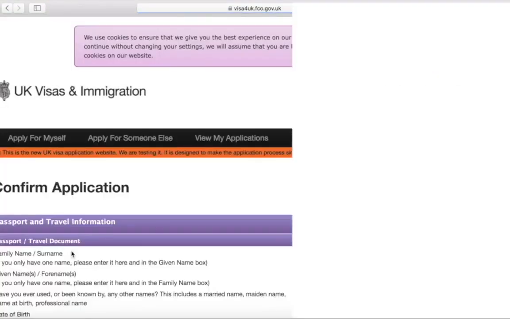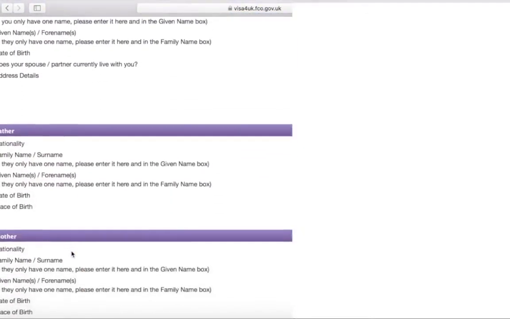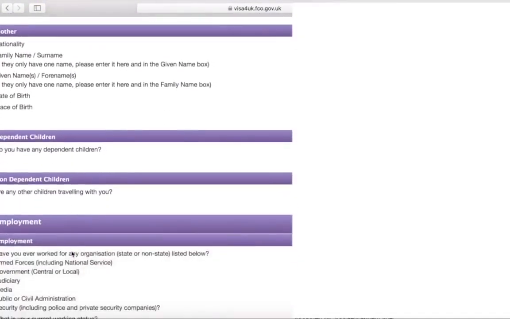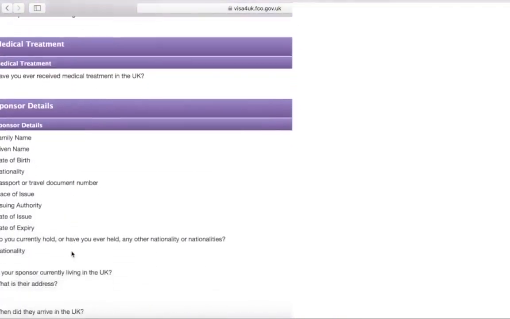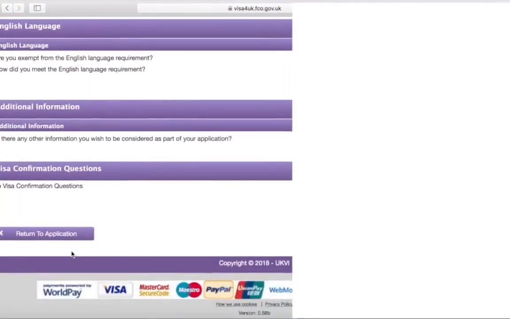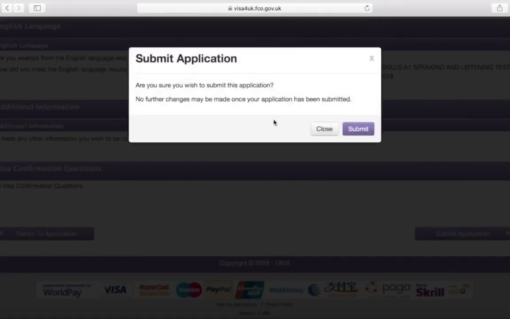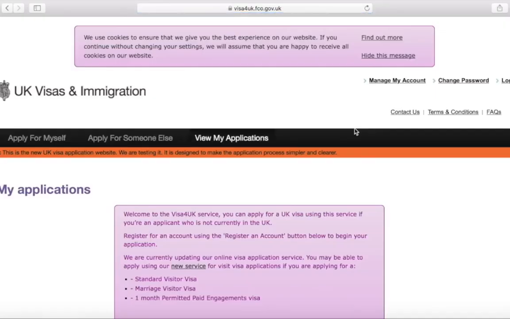So I'm just going to click that now, and it takes me to this page where it is all laid out. You can see every question and all of the answers on the right hand side, which I have blocked out. So again, just scroll down nice and slowly, check all of your questions and answers. If you find that you have made some mistake, return to application on the bottom left hand side of the page, or if you are happy with the application, then you can click submit application, and then this little window pops up, and once you have read that, just press submit, and then it will take you back to the